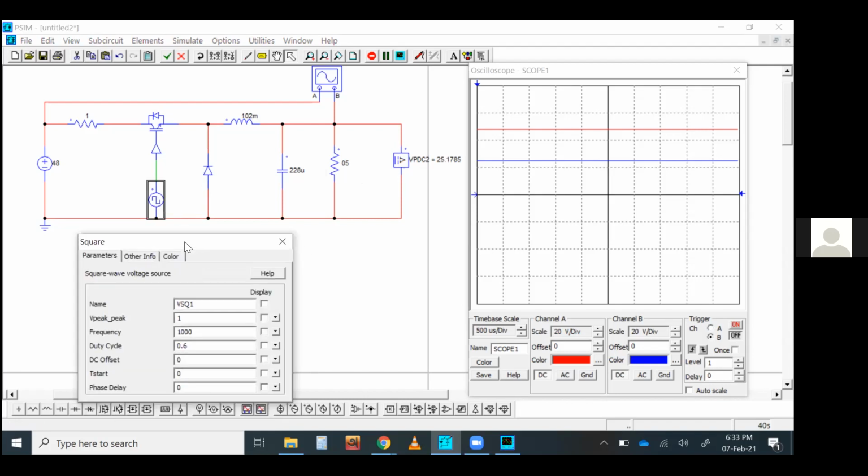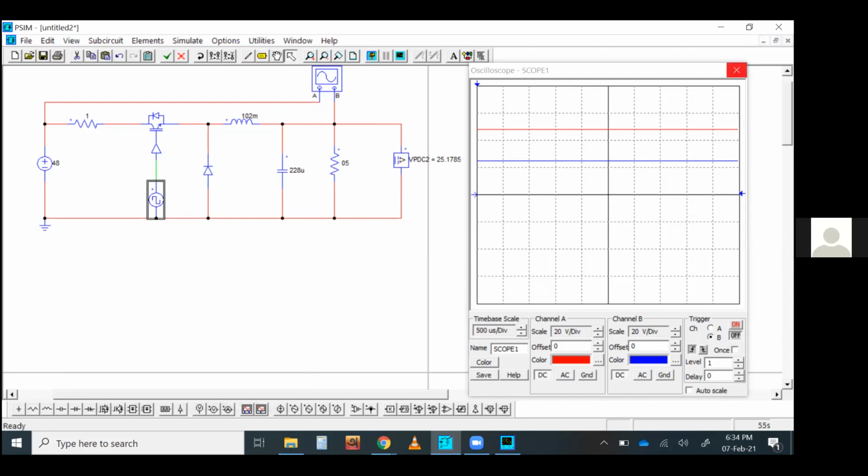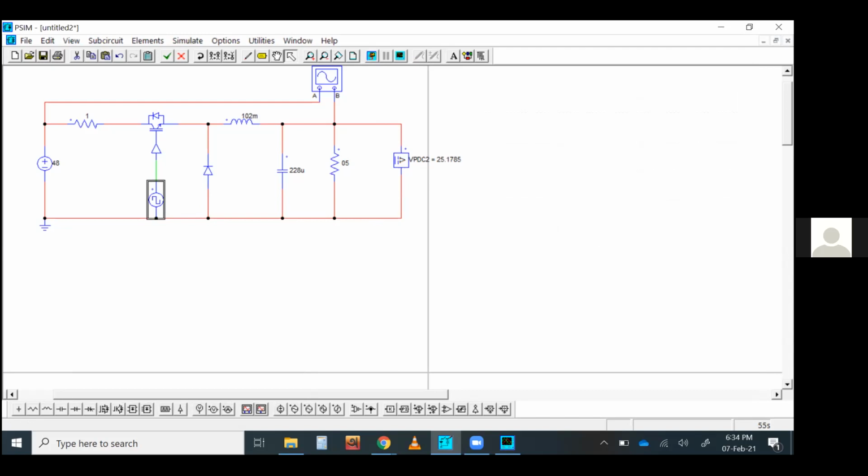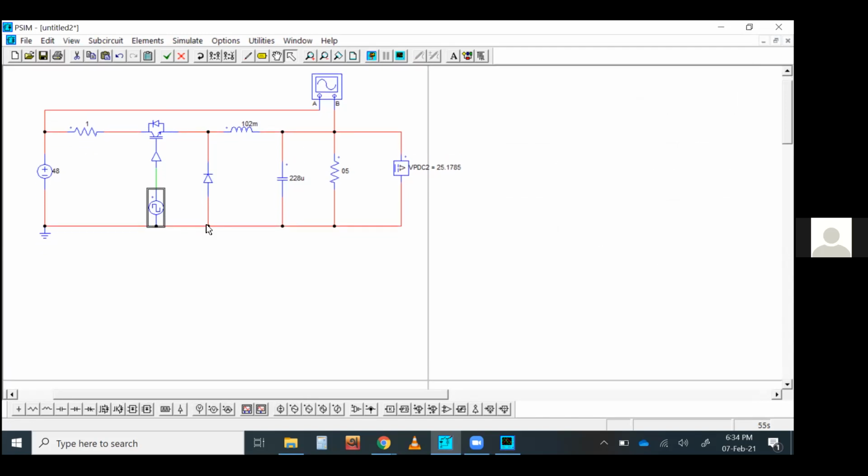You simply design a PI control system, a proportional integral control system, to do the job for you. The control system will check the voltage, and accordingly it will set the duty cycle for you, so that the voltage at the output terminal always remains the same, whatever you wished. So let's now design a control system, and designing a control system is another part of PSIM, which is very interesting. But before doing that, I cannot use this voltage square generator for the control system. I have to devise something else, something like this.